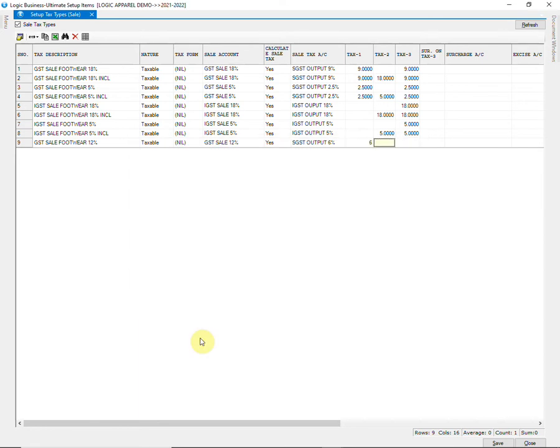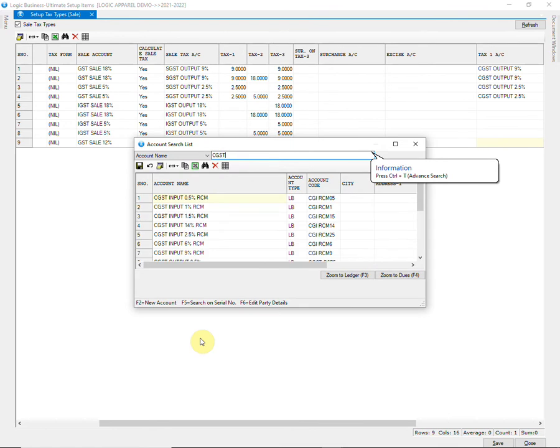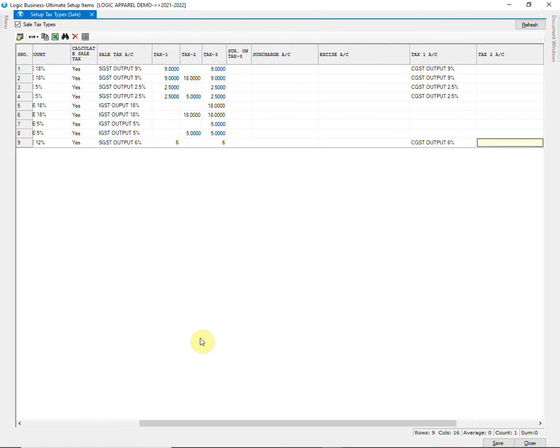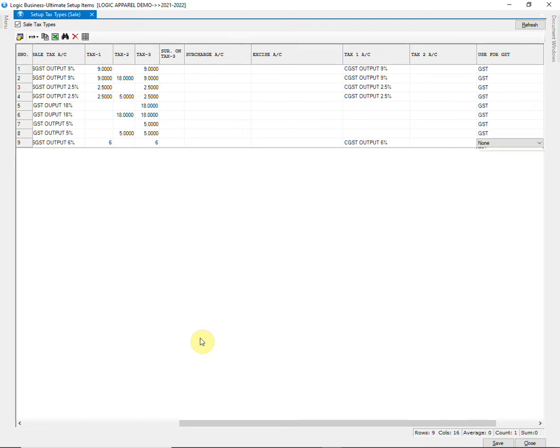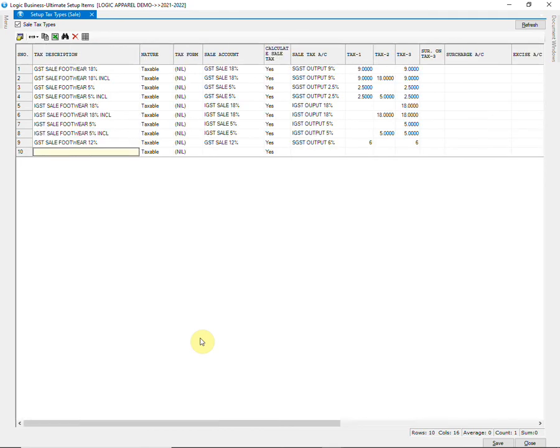Value of Tax 1 and Tax 3 will be 6 each. Select Tax 1 account as CGST output 6%. Finally, select the GST type as CGST SGST. One tax type has been created.